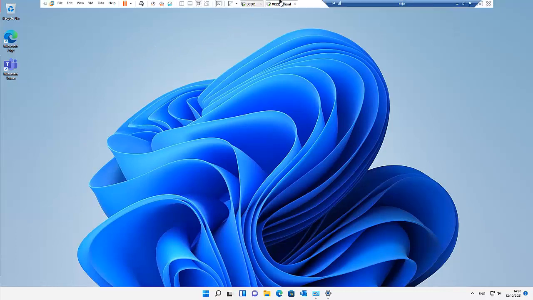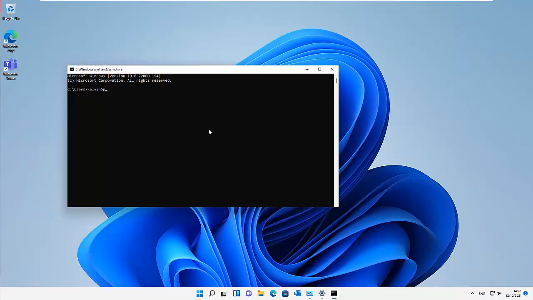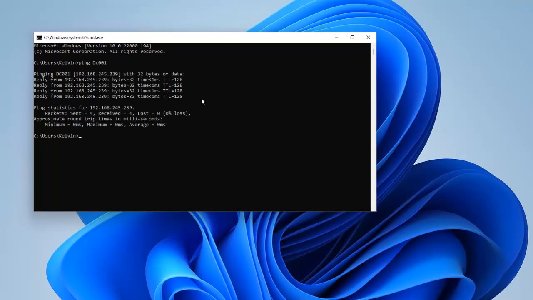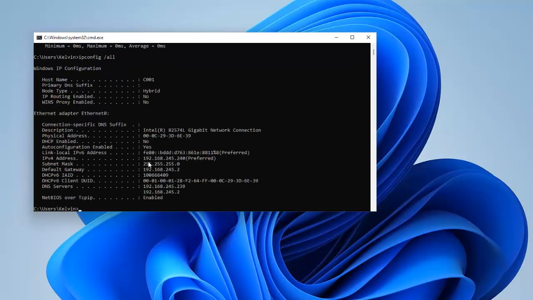So what we need to do is, first of all, we should be able to ping our domain controller. So if I open the command prompt and I type ping DC001, that's my server, so I should be able to ping the server. That's one. And two, if I do ipconfig /all, you can see that I have an IP address which is the 240, and I'm also using the DNS server of my domain server. You can see I have two DNS addresses here. Probably you may have gotten your DNS through a DHCP server, but I actually did it statically because this is just a test environment.